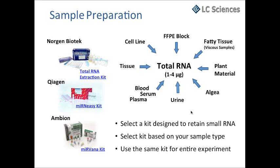When it comes to sample types, of course, you have the whole variety. Tissue samples usually give you really excellent results. Then, of course, cell lines are very common also. Then in the clinical field, FFPE samples are common as well. The sample quality here is